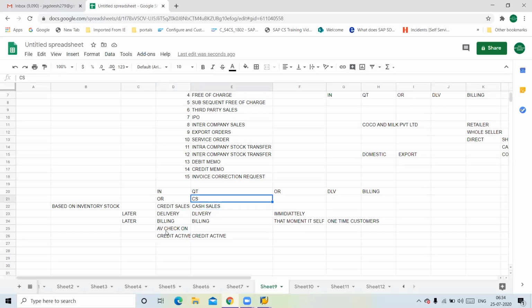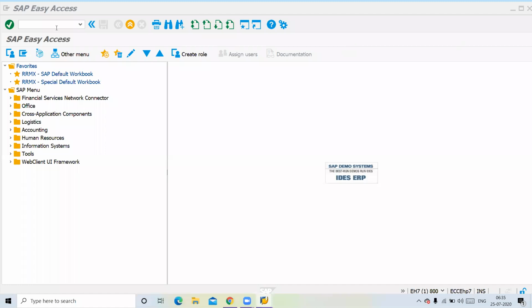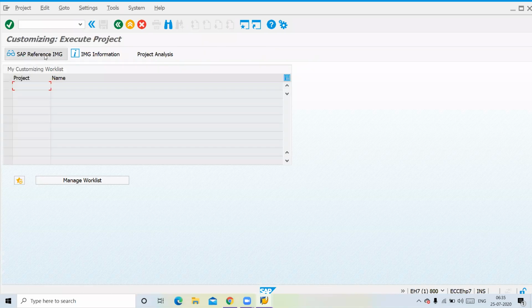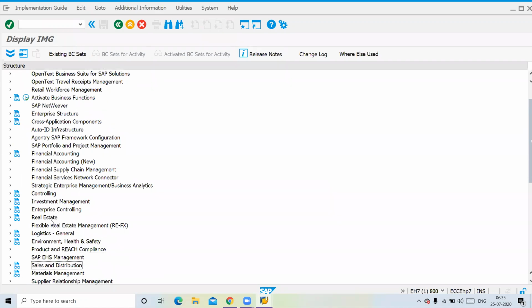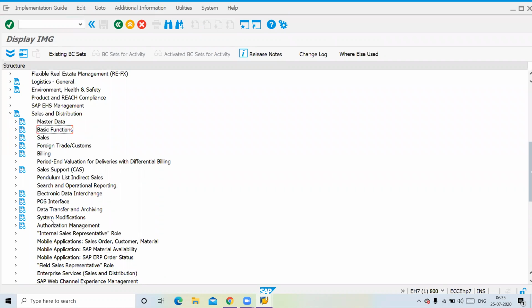Let's try to understand how it works in SAP now. Let's go to SPRO and check the difference between your cash sales and a regular OR document type in standard, so you will get some idea.